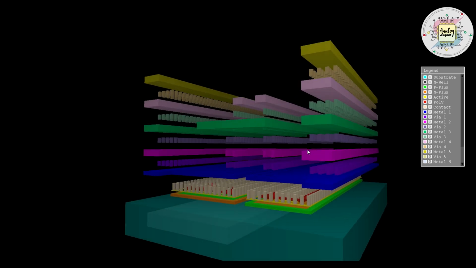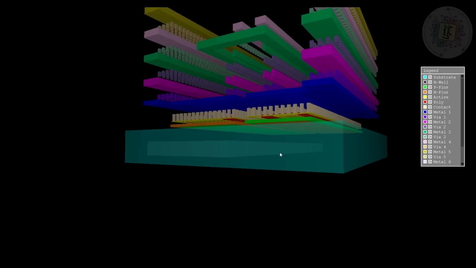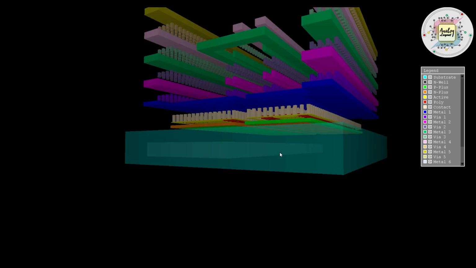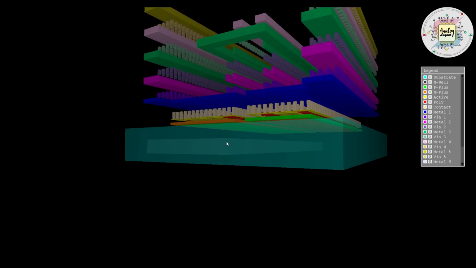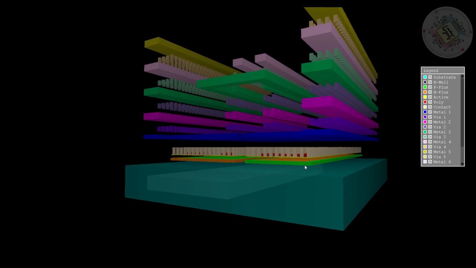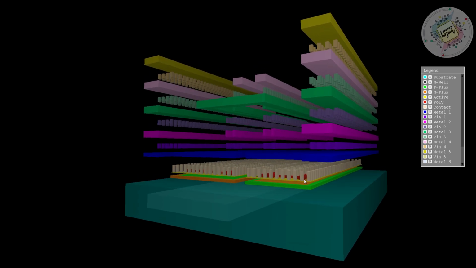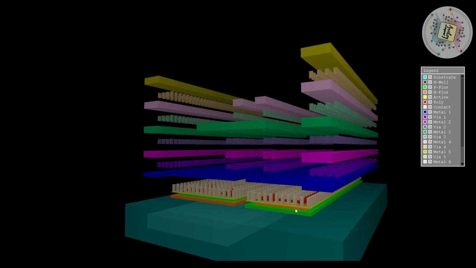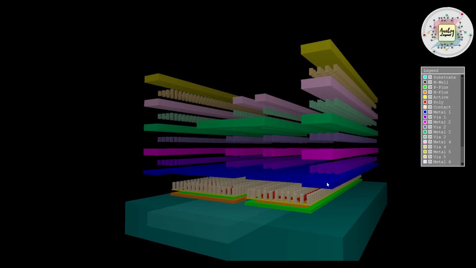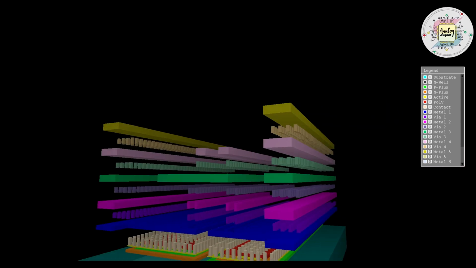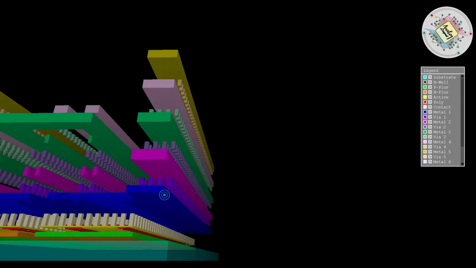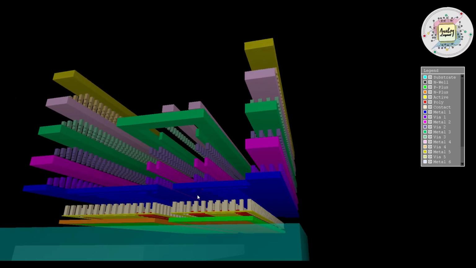As we discussed, this is our base level layer, that is our P substrate. Inside the P substrate we have our N well, and then we have our PP and NP implantation. On top of the PP and NP implantation, we have our active region, that is nothing but our OD. On top of the OD we have fabricated our poly, and then we have our M1. So on, we have fabricated all our metals here. I hope you can understand this in a proper way.